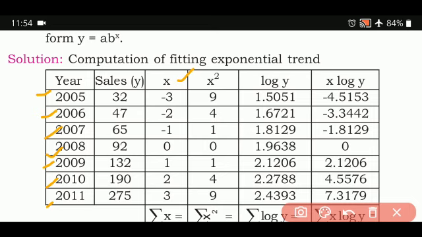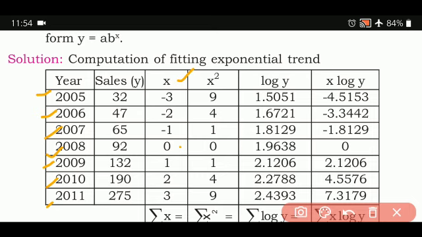See, remember if the number of years is odd, you are going to put the middlemost value as 0 and then you are going to write those upper values as -1, -2, -3, and below you are going to write +1, +2 and +3. If it is even, 0 will not come, it will come as -1, -3, -5, -7 in that fashion. So you have to keep that also in mind.